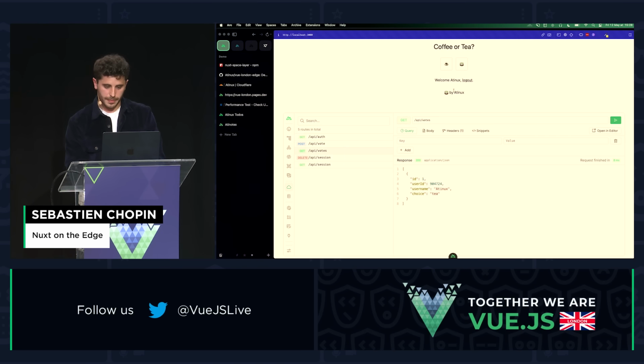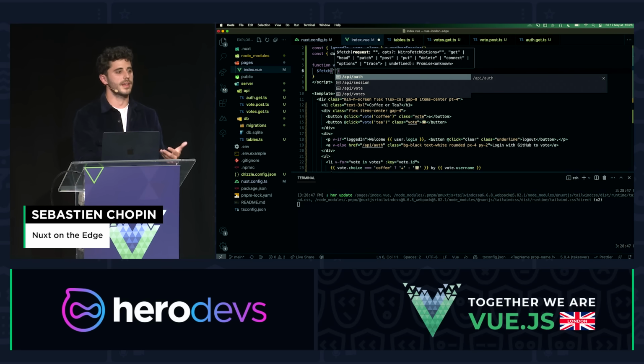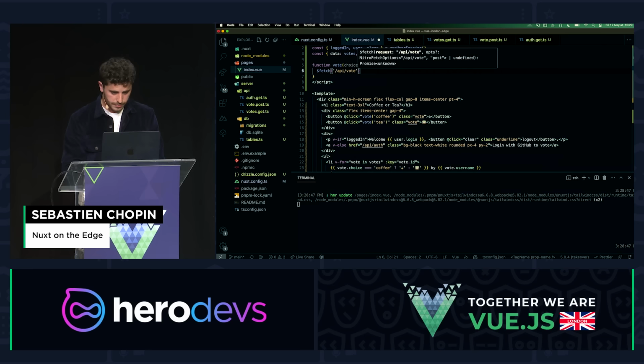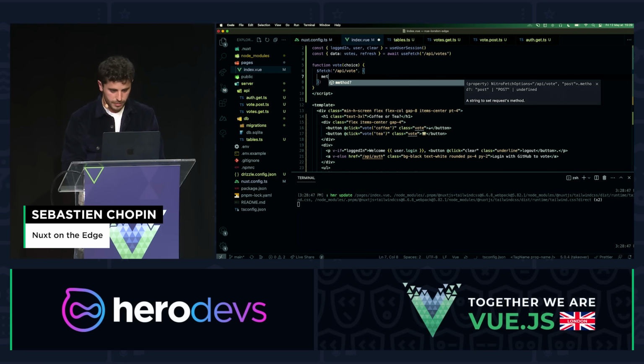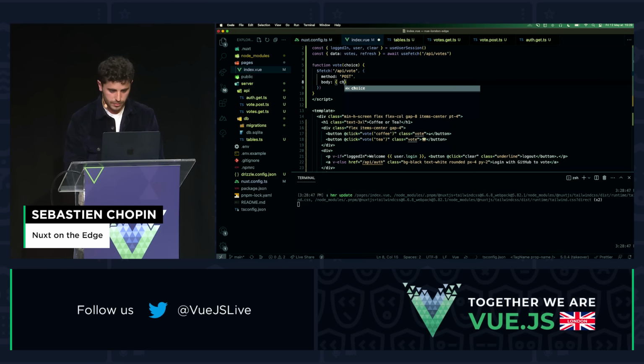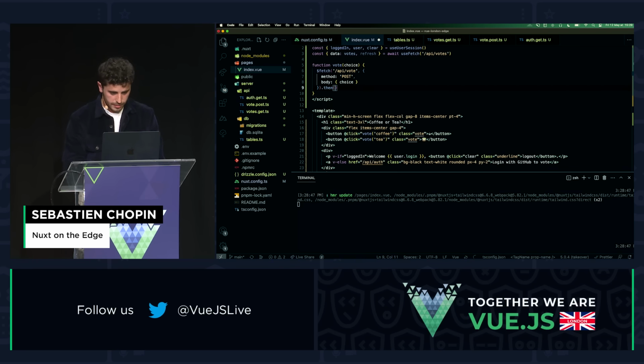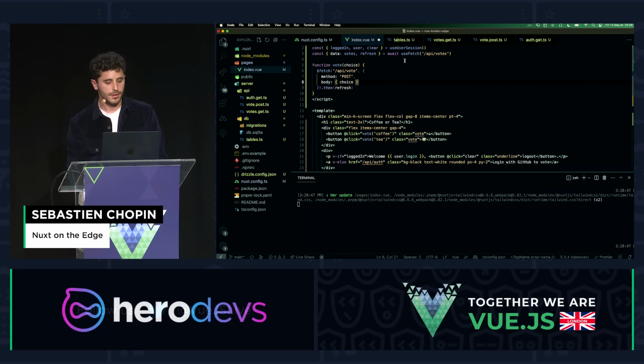I do have my vote, so now what I want to do is to vote. We did it with the dev tool, so what I'm going to do here, I don't need to use useFetch because it's an action which is done on client side. I can call vote. It's a post request, and the body, I don't need to JSON stringify because $fetch will do it for me. And once it's done, I will simply refresh. That will make the API call again, update this reactive value,